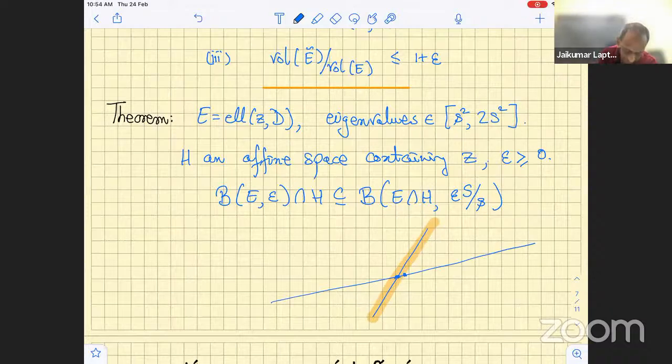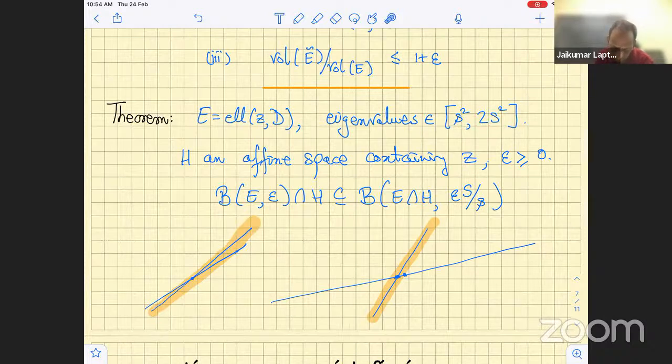Unfortunately, this picture is misleading. What if the other line was like this and I fattened it? How much has the point shifted? From here, now I find a new feasible point which is far away from the old feasible point. Now, you should think of this second line that I drew as some kind of a degenerate ellipse, where the smallest eigenvalue and the largest eigenvalue,